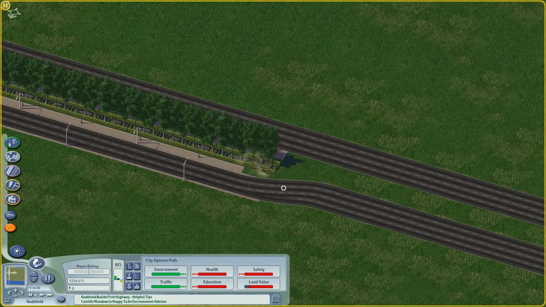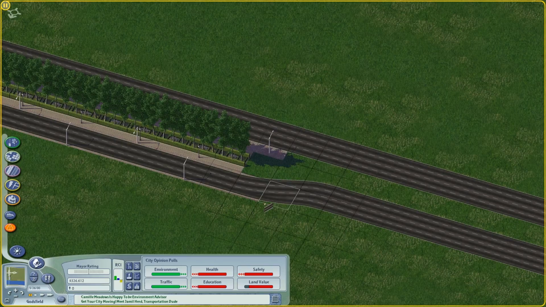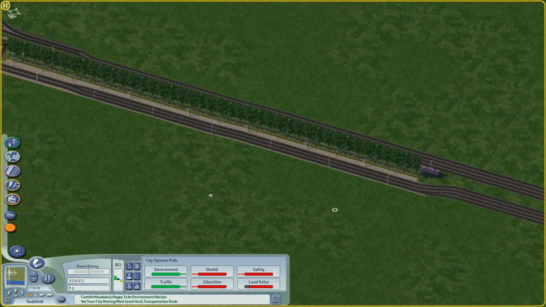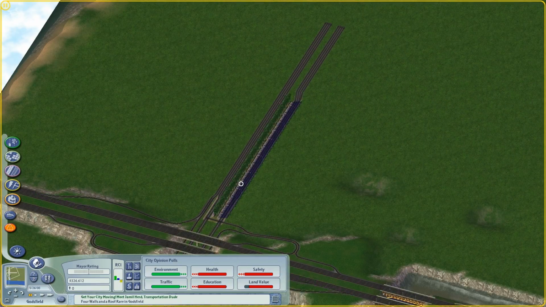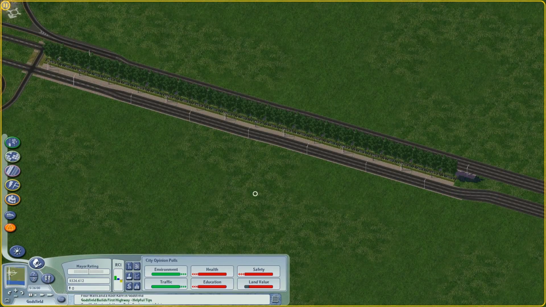Actually, I might destroy that because that kind of overlaps this little section here and it makes it look kind of bad at times. Doesn't really make much of a difference, really. So, got this nice avenue now. And